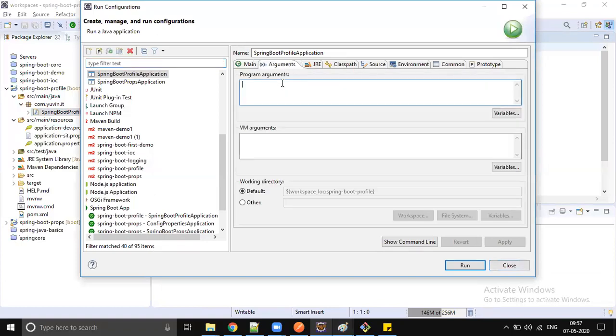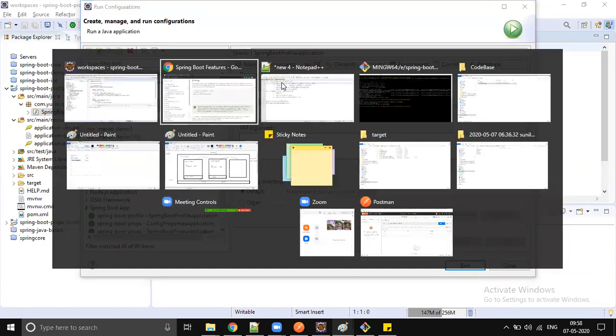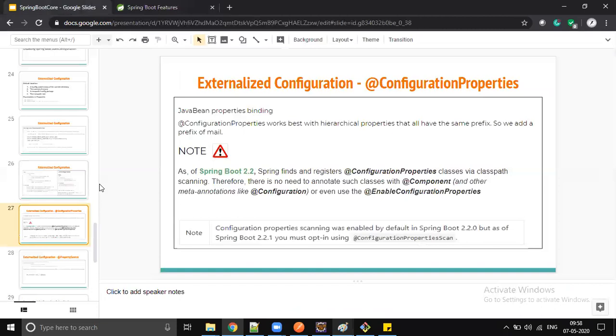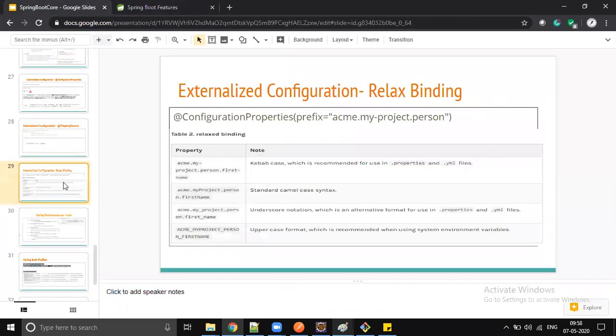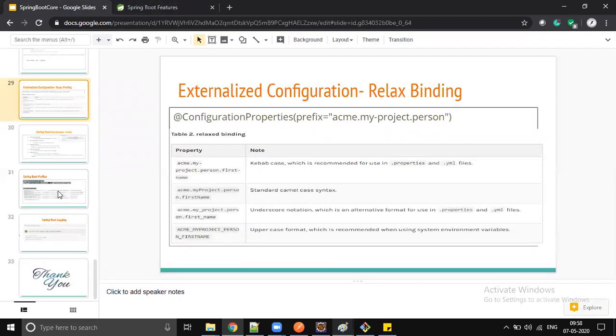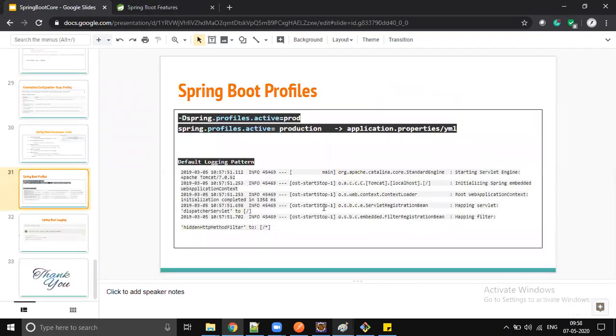In arguments, you have to pass one parameter. Let me check that parameter name. I think it's spring.profile.active. I'm not sure. Let me check for profiles. Yeah, spring.profiles.active, not profile.